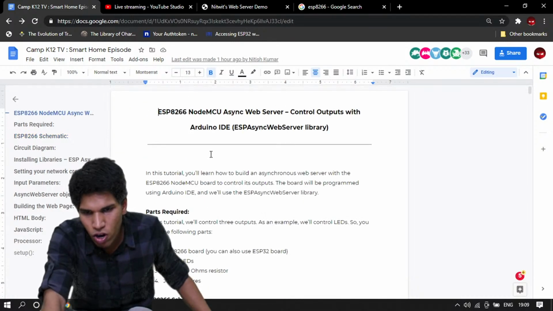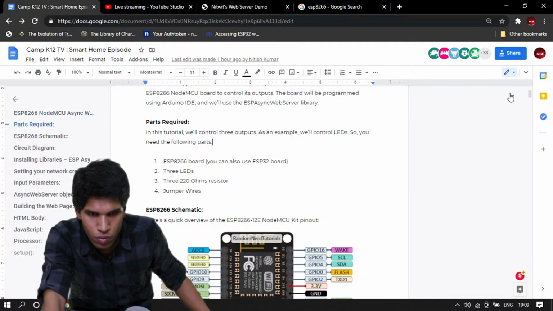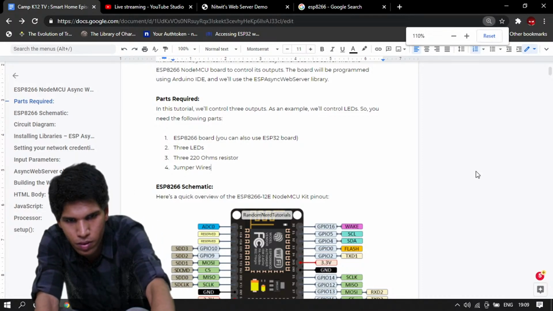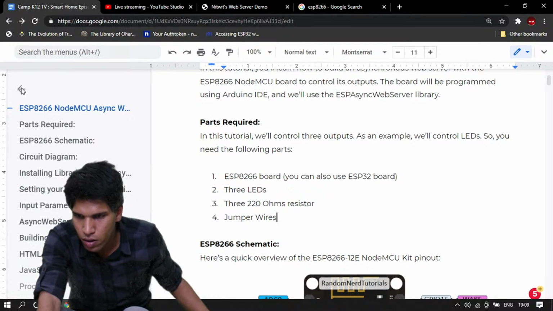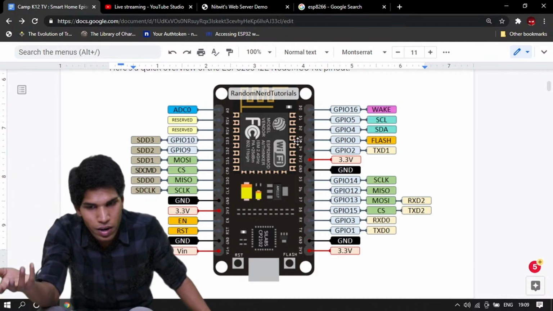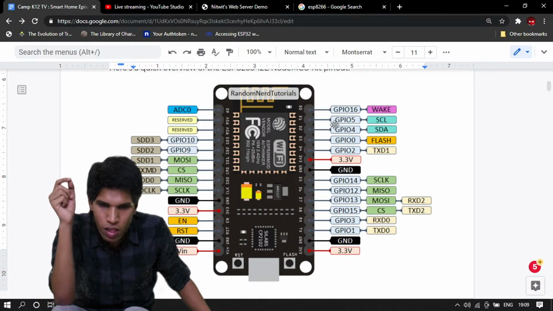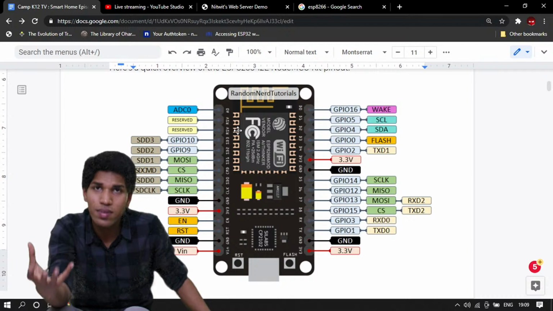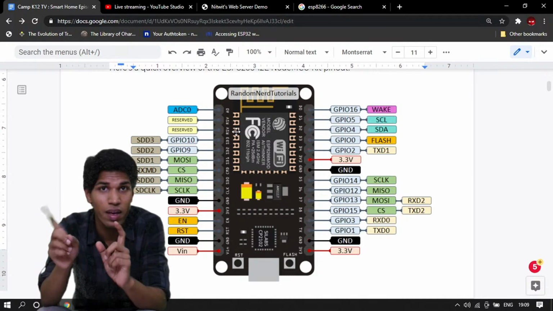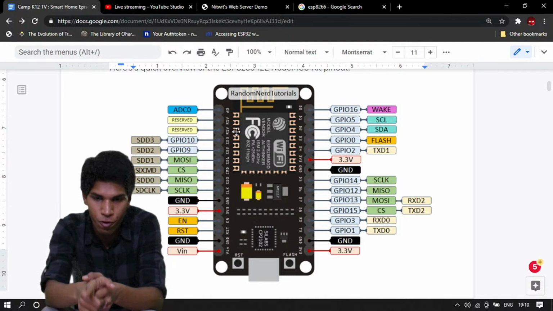And you will notice in the document that I have shared with all of you, let me zoom it up. We are going to need an ESP8266, and you can see in the document I have added an image that shows all the pin diagrams. This is very similar to an Arduino. We are going to be using the same coding platform as Arduino's. We are going to be using the Arduino IDE to code our program for this board as well.